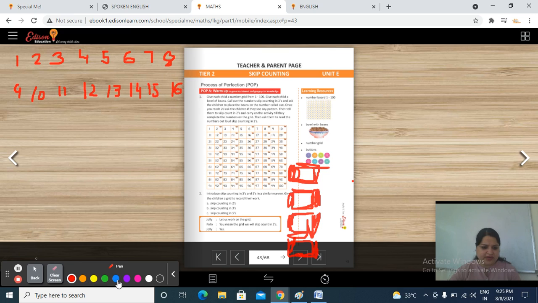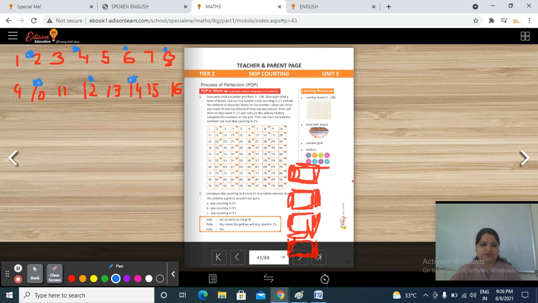Okay, so in this way you have to place some beans or buttons over number 2, like 1, 2. Now you have to place beans or button here, then 1, 2, then place here, then 1, 2, then place here, then 1, 2, like this.